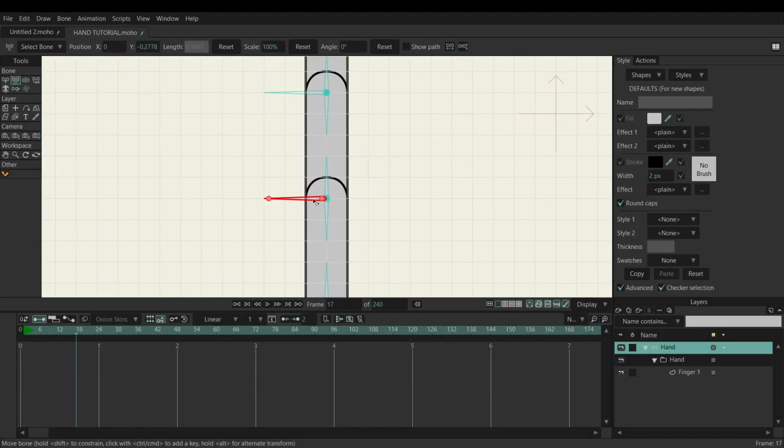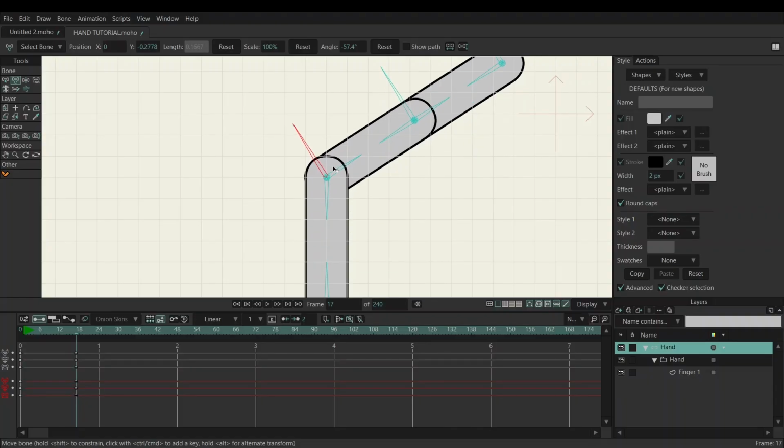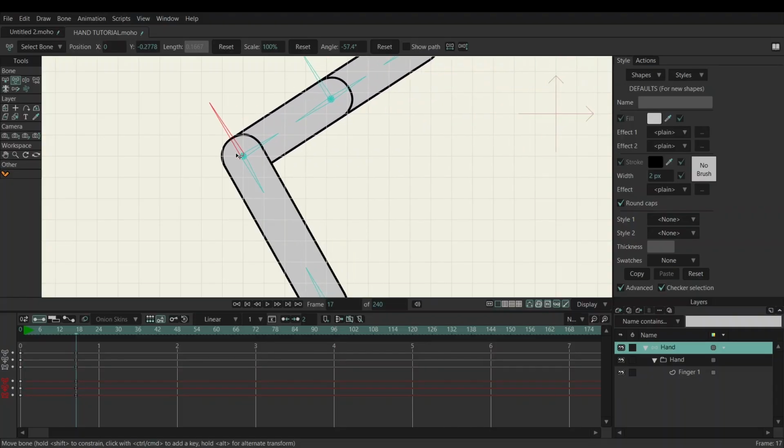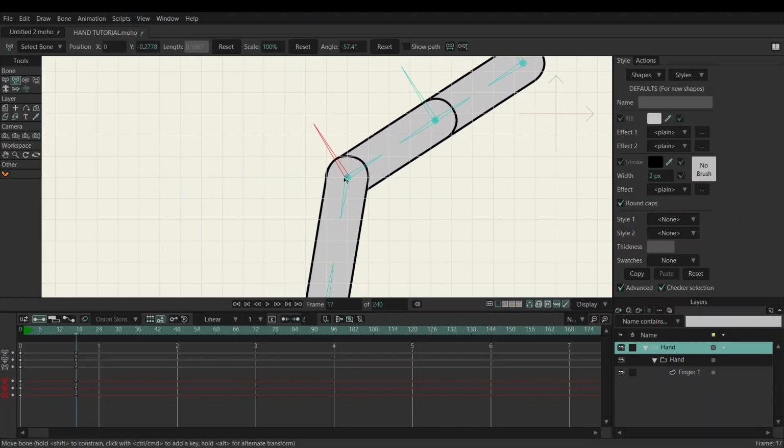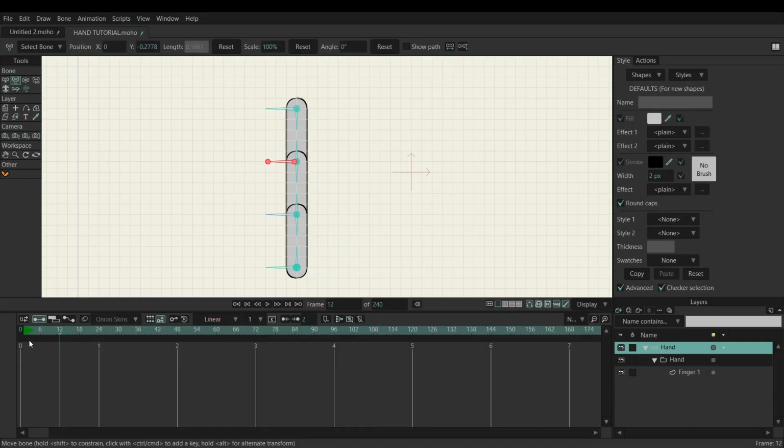But also, once you click on this and you've got your transform bone tool, you can obviously do the bending. But then if you click on this and you move them, you can foreshorten or make it longer. All right. So the next thing you want to do